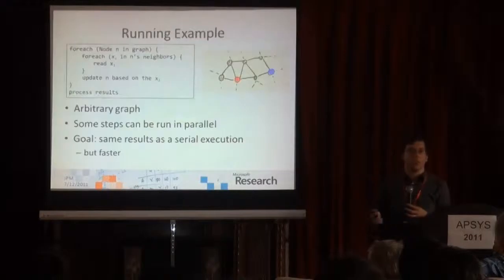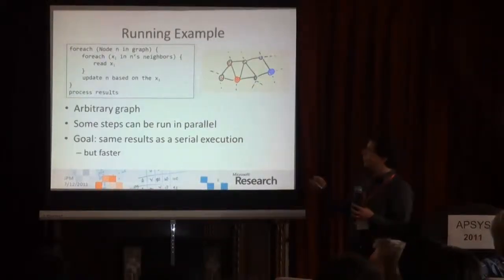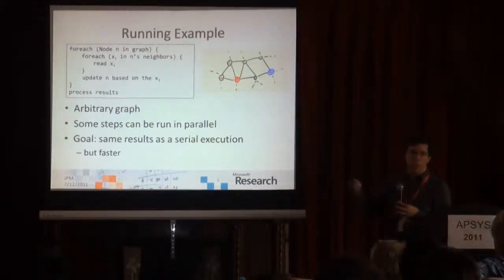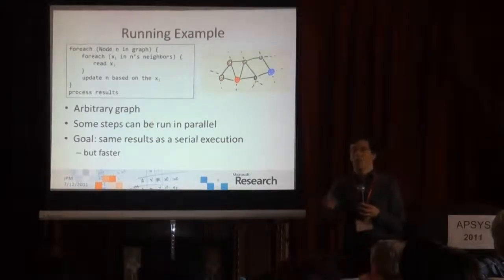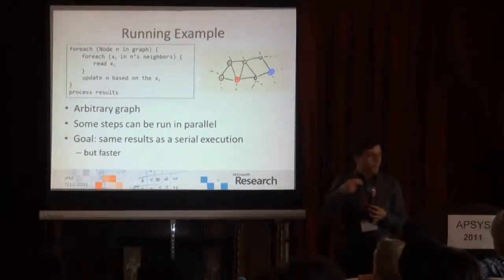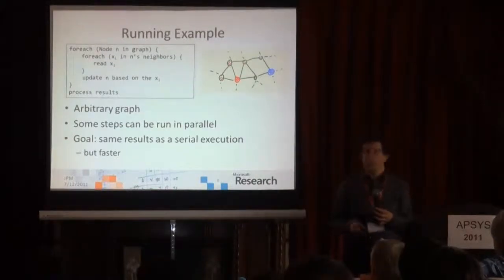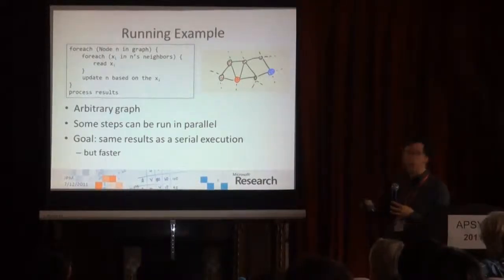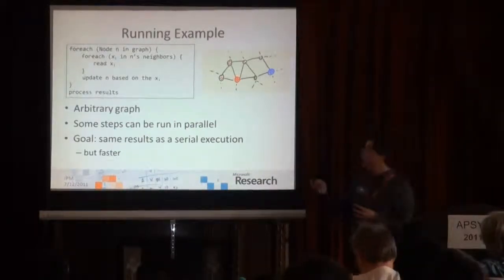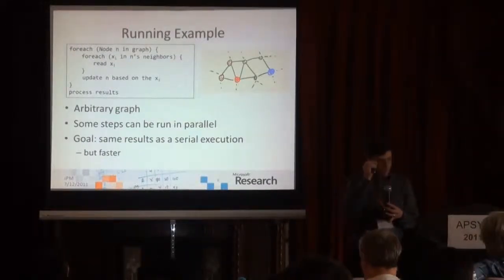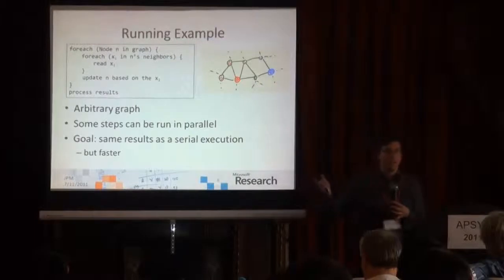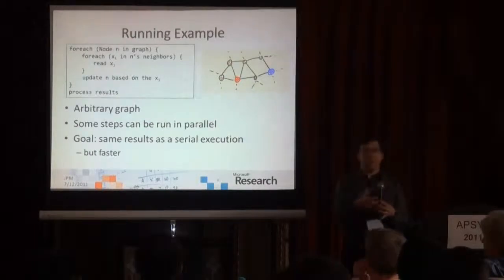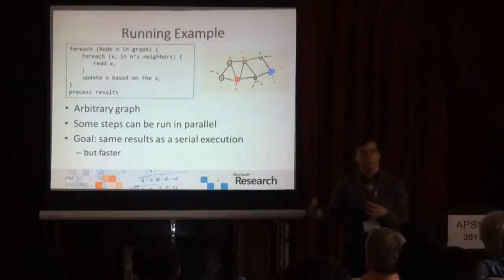So I'll give just one example in this talk for a workload like this, and this is Loopy Belief Propagation. What this looks like is you have some arbitrary graph, and here's some pseudocode of what you're doing. Essentially, you're reading data from all of your neighbors, and then you update some value that is associated with your node. And here I have a big red node that's doing some computation, and if you look at it, you can see that you can do the computation on the big blue node at the same time, because none of them write something that the other one needs to read. So you could run some of these steps in parallel, and SPECTRE can actually detect this automatically using speculation. And so the goal is that we get the same answer as if we had run this program in sequence, except we get the answer faster.